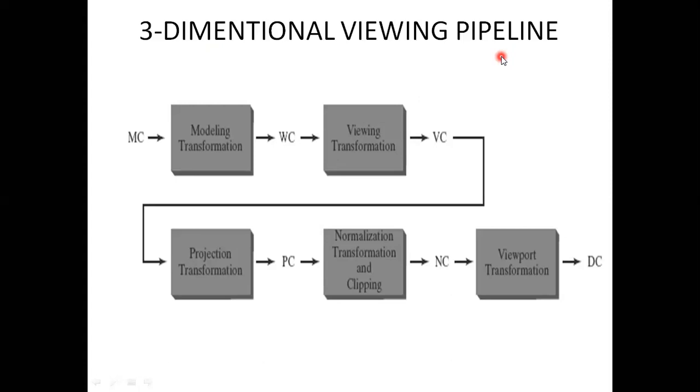If you get the question like explain the viewing pipeline in the third module, that is with respect to the two-dimensional viewing pipeline. Whenever they need to ask about the viewing pipeline of three-dimensional, they will ask clearly as explain three-dimensional viewing pipeline. If they just ask explain viewing pipeline in the fourth module, that means you need to explain the viewing pipeline of three-dimensional. Okay, so now basically what is a viewing pipeline?